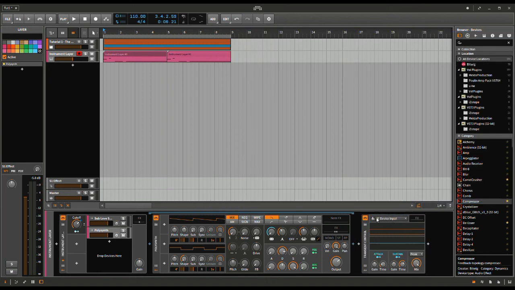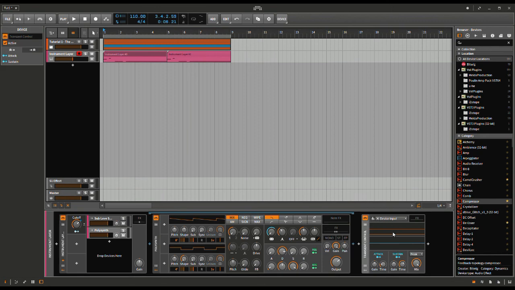And then, so what the transient control is going to do is give it a bit of, it's kind of like side chain, but it's not like big side chain. There's other ways to get that, which I'll show in a later video, but it's just a duck of the bass whenever whatever you select comes in. So what I'm going to select to come in is the kick, fat, piercing, I suppose. Yeah,